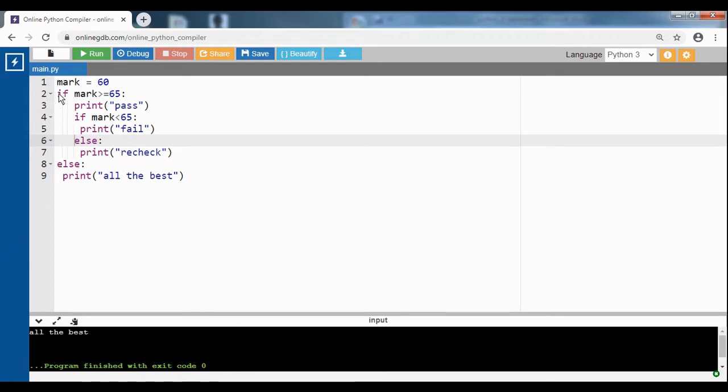For this if condition, if it is satisfied, this statement will get executed, pass. So, an if within an if: if mark is less than 65, we will get fail, else we will get recheck. This else part will be displayed if the first if is not satisfied. So the first if is not satisfied, so it is giving me all the best. Let me change a little bit.